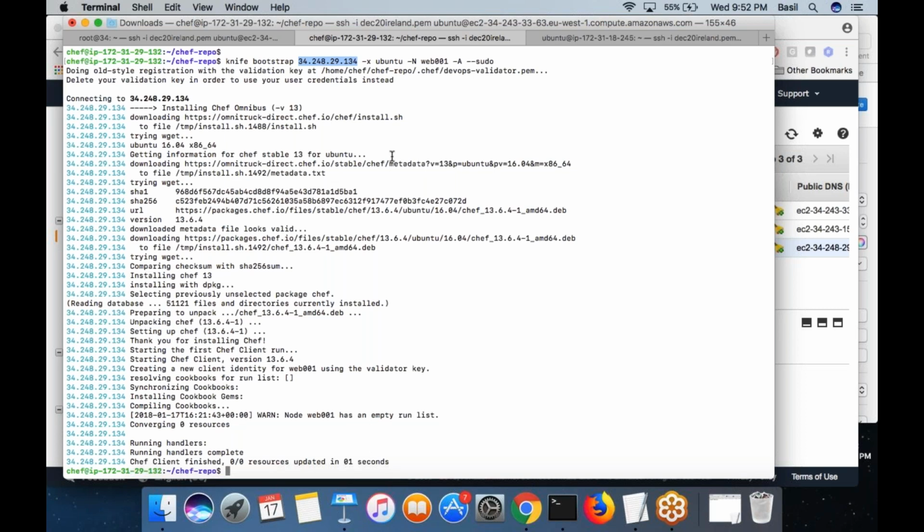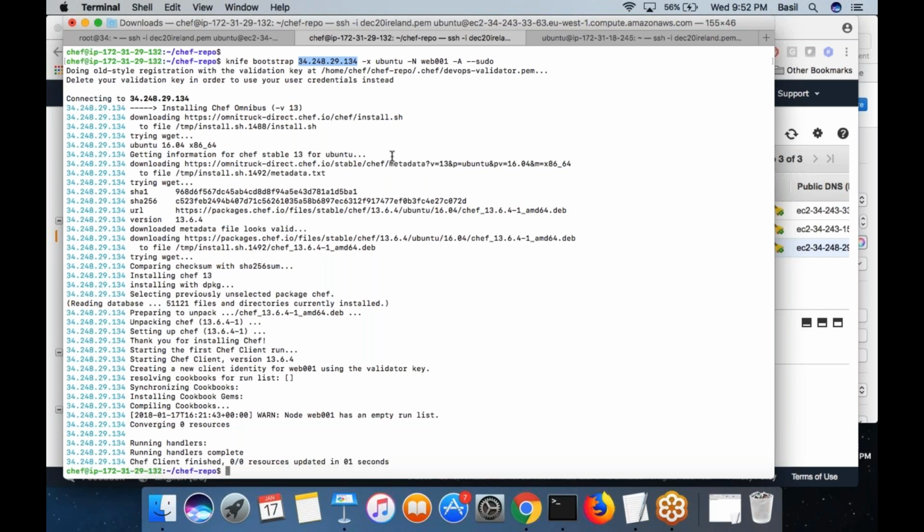Now we can start writing the configuration inside your Chef server. You can create a recipe. Then you mention the resources like install Apache, start Apache, copy the necessary file into the www.html folder. Then including these different recipes, you create a run list. Then you can attach this run list to the web001 machine.